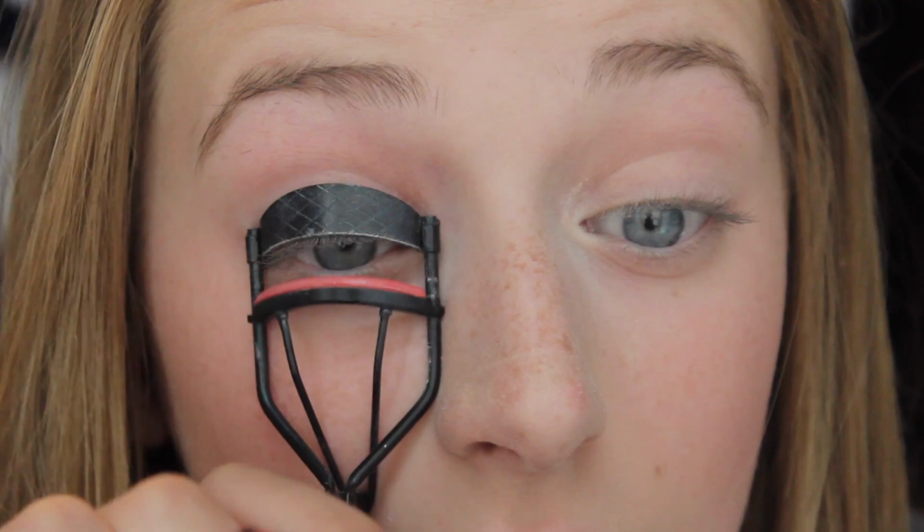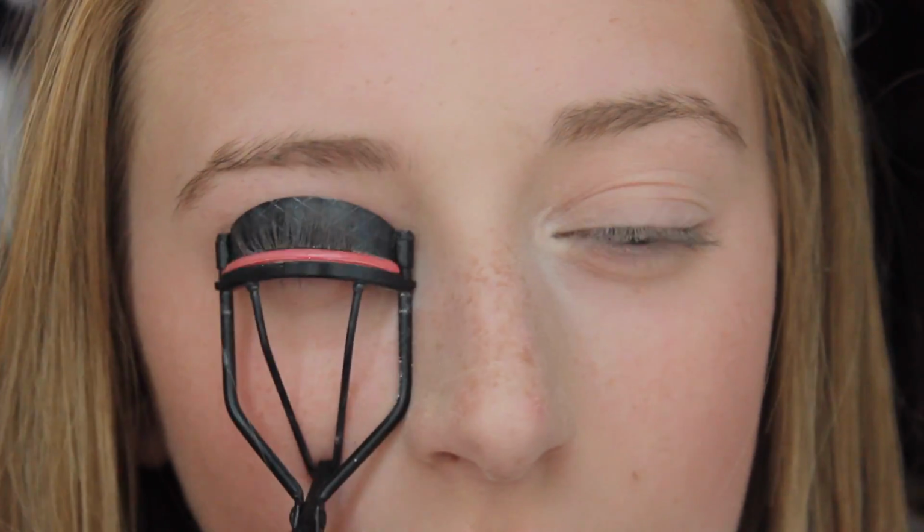To finish off the eyes, you want to first curl your eyelashes using an eyelash curler. These are kind of scary at first, not gonna lie, but now I use it every day and it doesn't even faze me because, you know, it's like this big metal thing, like really close to your eye. So curling your lashes is just going to add a little bit more volume to them and make your mascara look a lot better. Now I'm taking my favorite drugstore mascara, which is the L'Oreal Voluminous Mist Mango Mascara, and